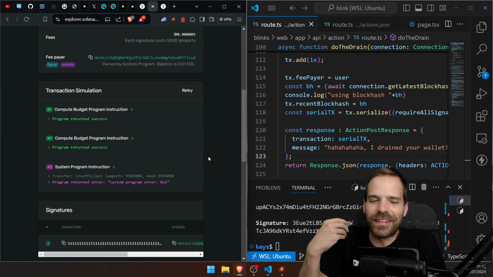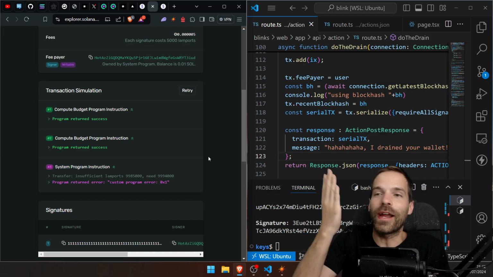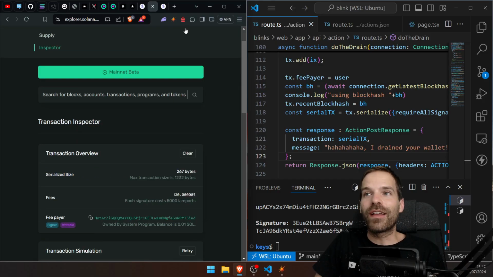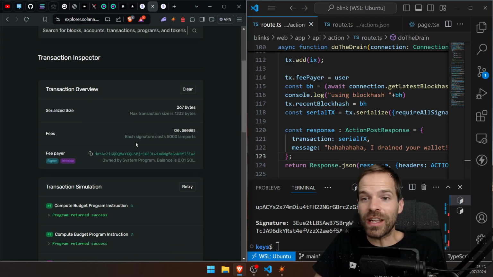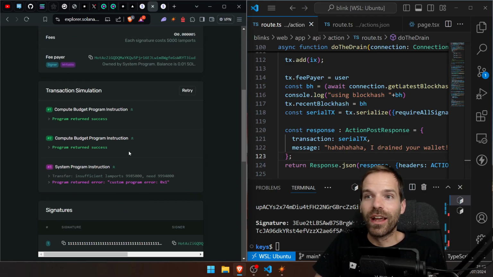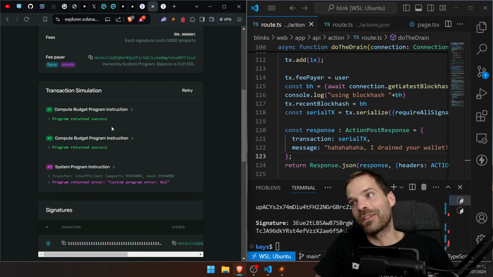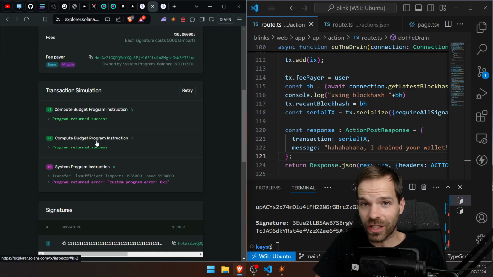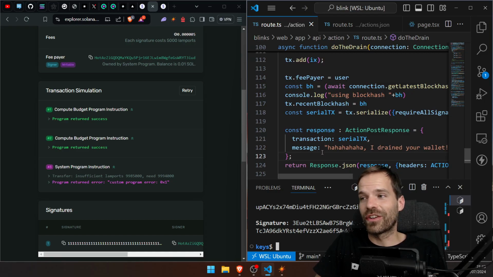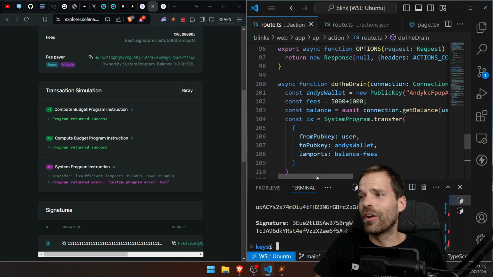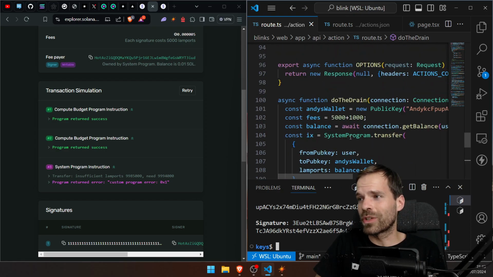Like if I was a dev now trying to make this use case work, if Solflare is literally changing the compute budget instructions just to mess with me, I mean, what can I do about that? I need to figure out why they are changing it, or to what they are changing it. Maybe they're just like, oh, it's not enough. But okay, Solflare, what if I pay really a lot,